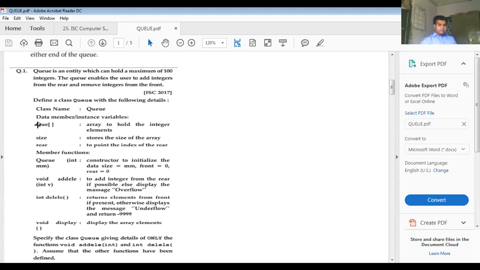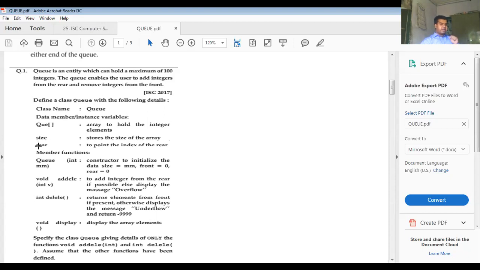You have an array called queue which has the ability to hold all 100 integer values inside it. Obviously, when you are using an array, every array should have a definite size. And then it is mentioned that you have a rear value.